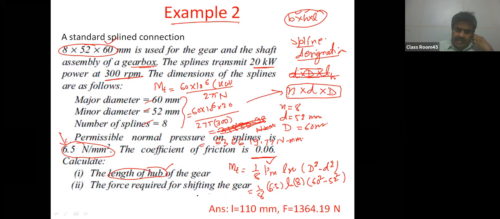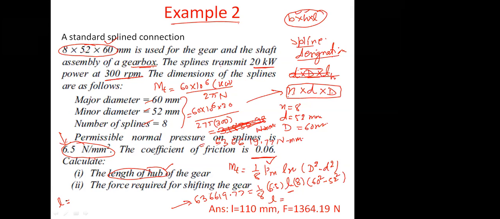अब देखिए लेफ्ट हैंड साइड में टॉर्क है, तो टॉर्क की जगह पे हम ये वैल्यू लिख सकते हैं 636619.77। अब इस पूरी इक्वेशन में, इन दिस इक्वेशन ओनली द अननोन इज एल, सो एल कैन बी फाउंड। सॉल्व कर दीजिए, व्हाट इज एल। सब लोग अपने कैलकुलेटर चलाएं, कैलकुलेटर लेके बैठे हैं हमेशा क्लास में, मशीन डिजाइन में, है ना। यूज योर कैलकुलेटर, फाइंड द वैल्यू ऑफ लेंथ ऑफ द हब ऑफ द गियर। सो एल इक्वल टू, जिसका भी आंसर आ जाए मुझे बताइए। 109.30